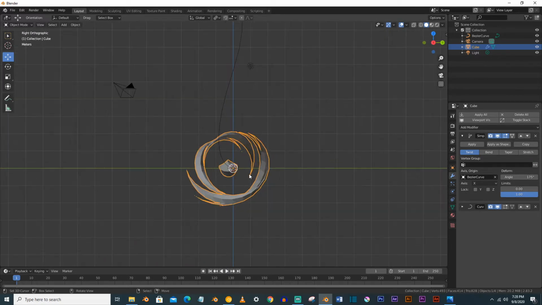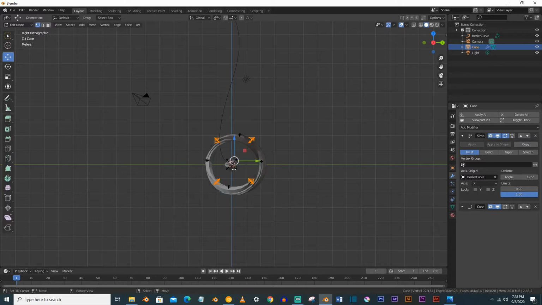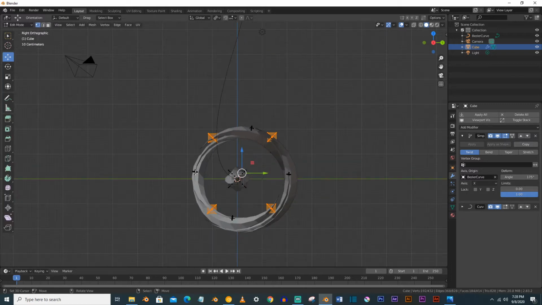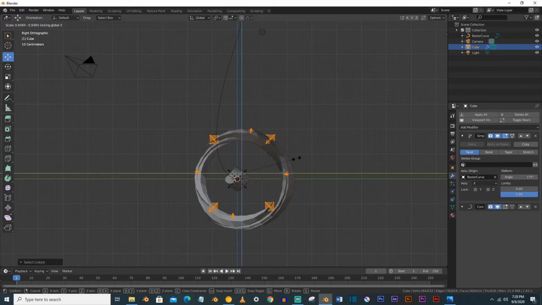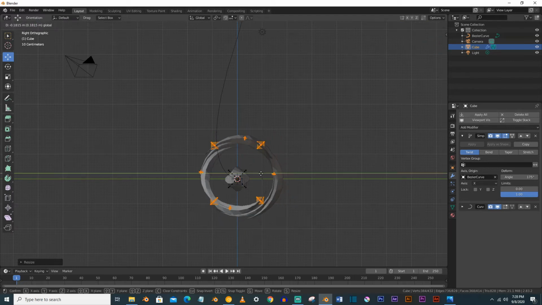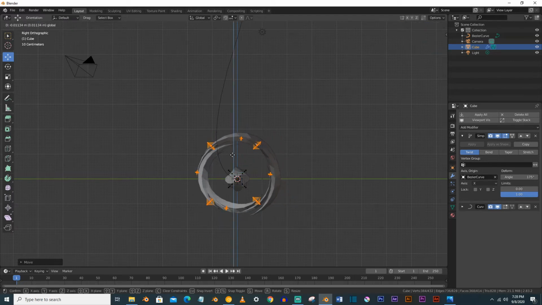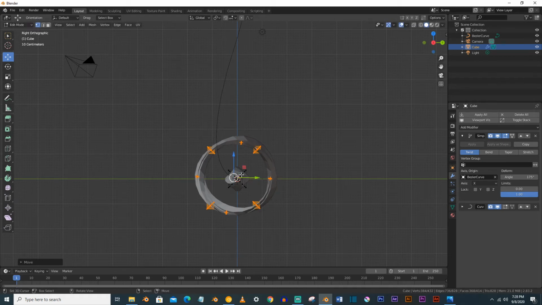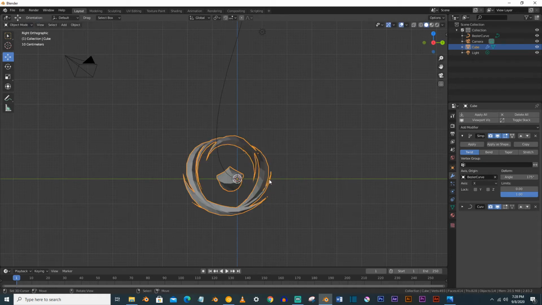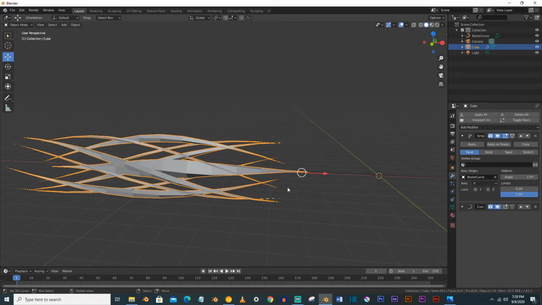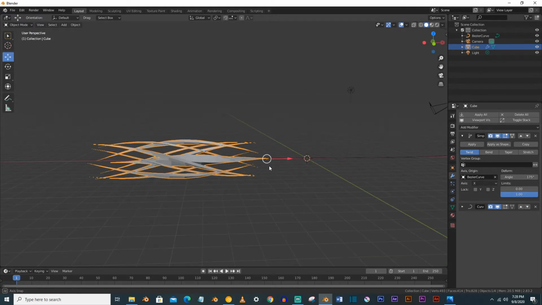Now what you can do, you can select all of these, and now again S and Shift X to make it a little bit closer to the main one, something like this.